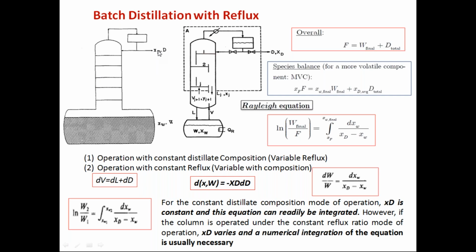So there are variations in xd and xw, as well as in distillate and W, in a batch distillation. That's why it is called batch distillation. Finally we take W final and D final, which should be equal to the feed which you have taken initially. So that is batch distillation. The values are never constant. That's why it's called an unsteady state operation. With time, all values will change.